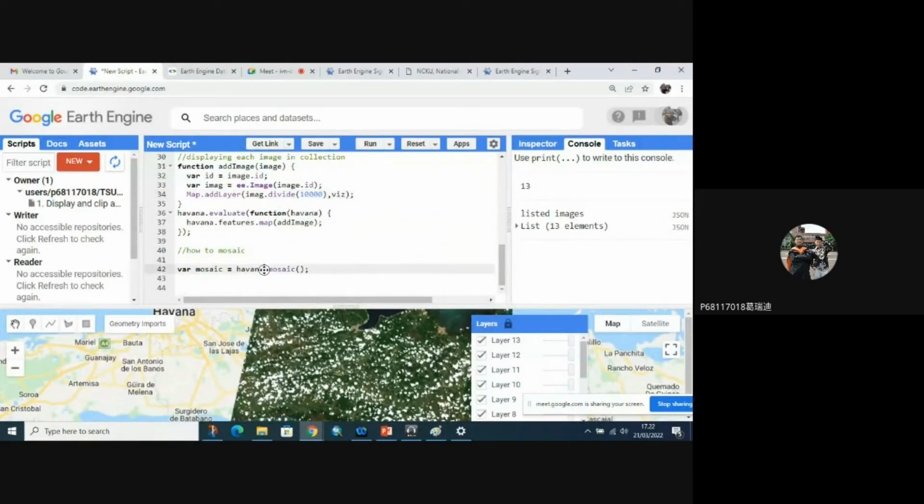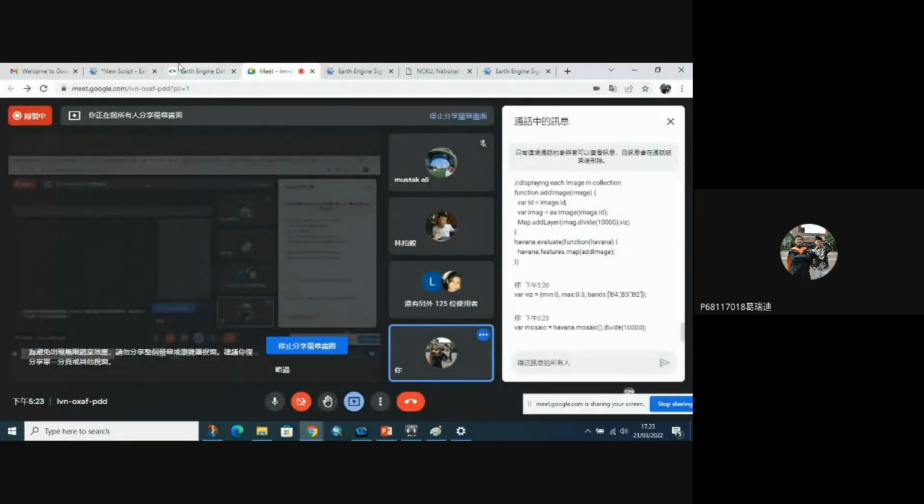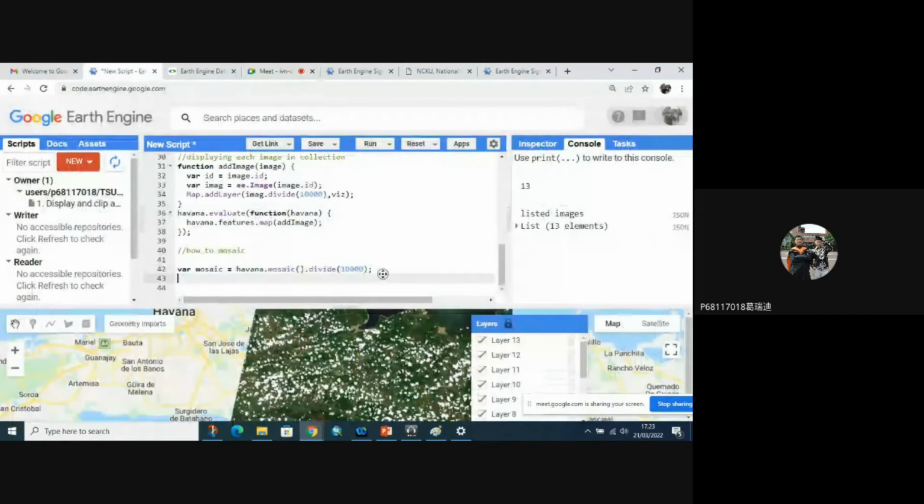So I want to divide by 10,000. Okay. And add a layer again to show the mosaic image.